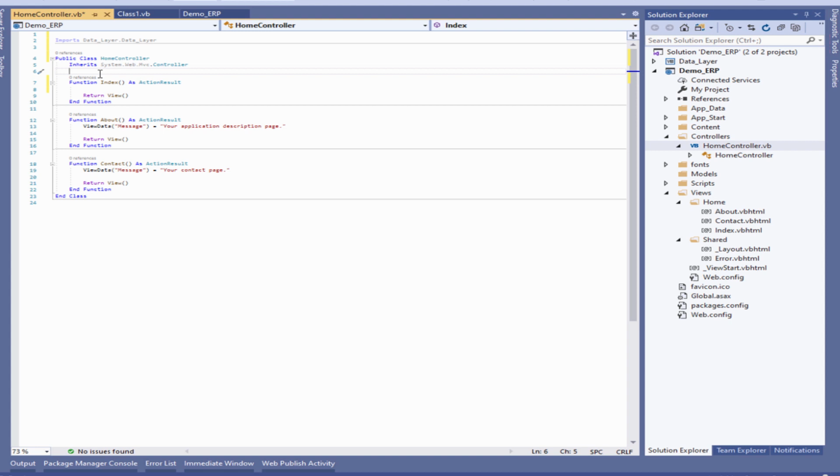Yes, we have access to the compound, but we are not in the house. We are in the compound. So now we need to access the house so that we can access the various rooms. So we create the house. Now we just give it a new variable here. We just say dim db as